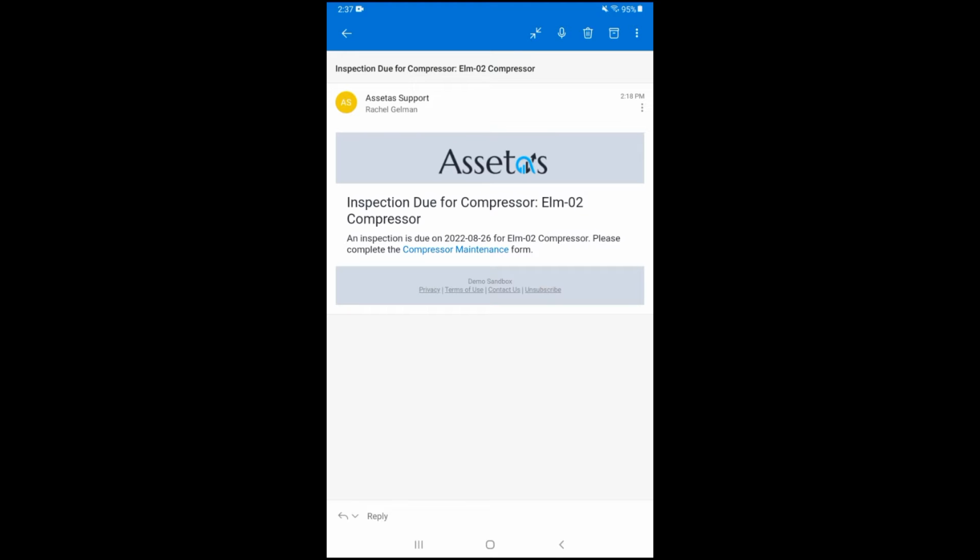Thanks for joining. We're going to walk through what a compressor inspection process looks like in Assetas from a tablet, and we can easily apply these inspection processes to any type of equipment that requires routine inspections. So switching over to the tablet, I've received an email notification that an inspection is due for this compressor by